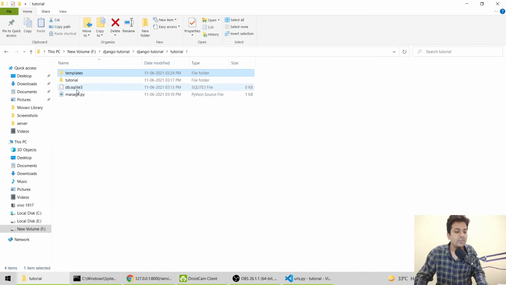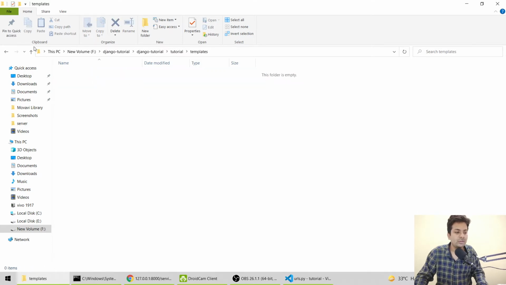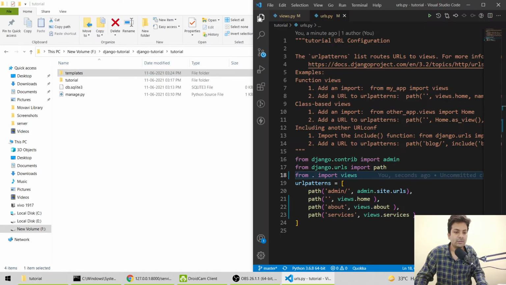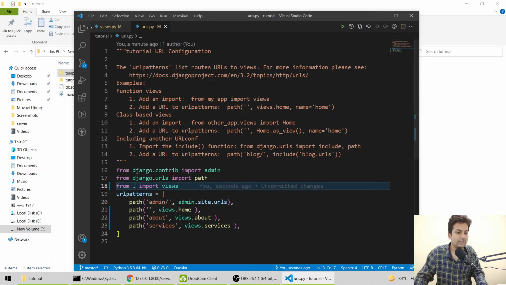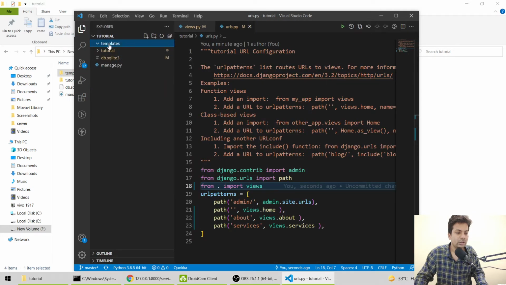And this is my db file, for the database, so we'll go to templates. We'll open the templates folder. In this folder we'll make a new file, and for home we'll name it home.html.